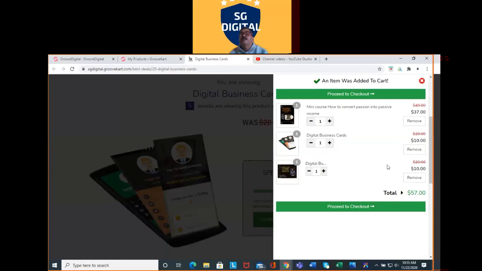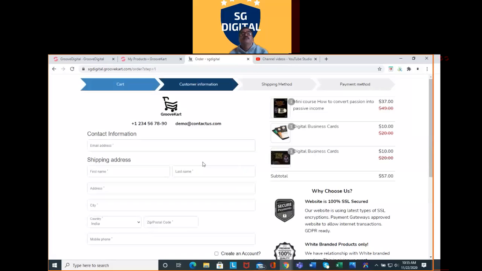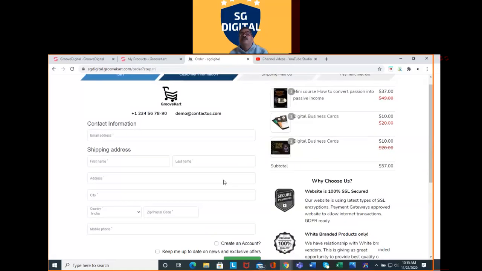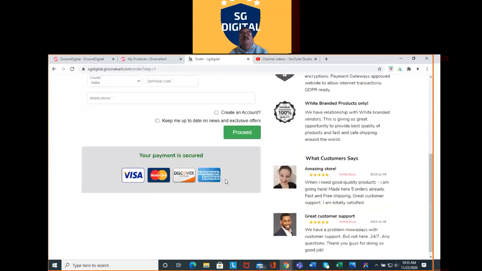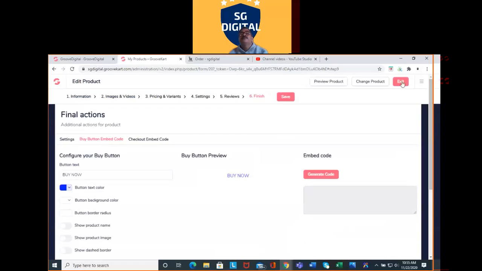Suppose we want to purchase, we can proceed to checkout. And this is the contact information, shipping address, and these are the process to make an account and proceed for the credit card payment. So this is the total listing, shipping method and payment method. So we will move to another page. Now our product page is completed.